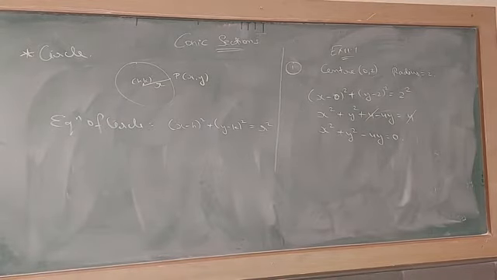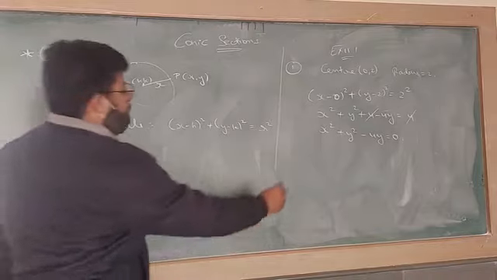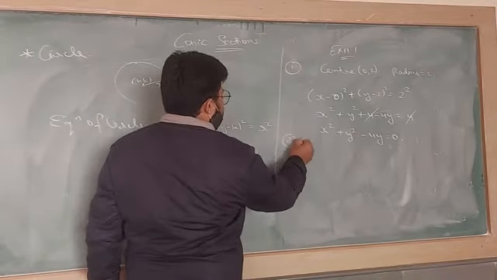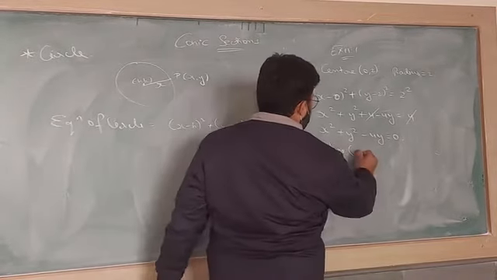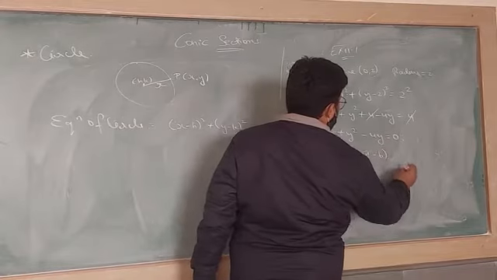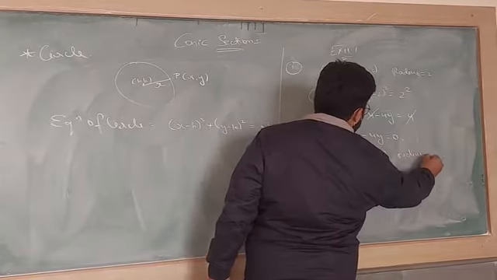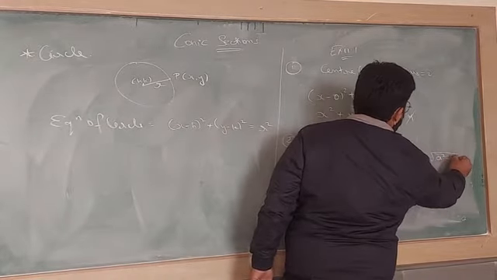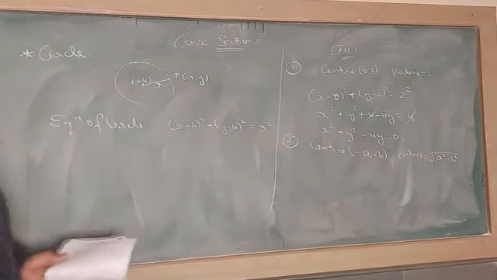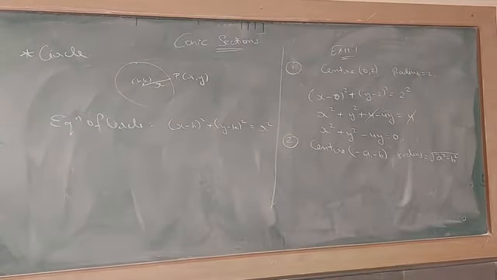Very simple questions are there. They can come in the exam as 1 mark, 2 mark questions. Same as this, question numbers second, third, fourth, fifth I will do, where the center and radius are given in constant form. Here the center is minus a comma minus b, and the radius is under root a square minus b square. Put in that formula and find the equation of circle.